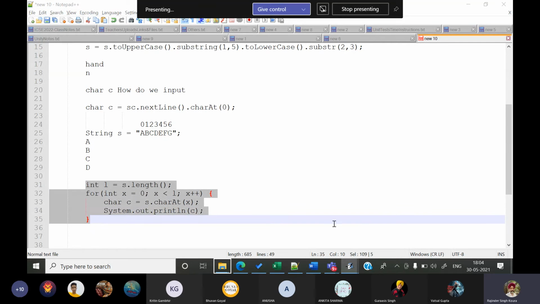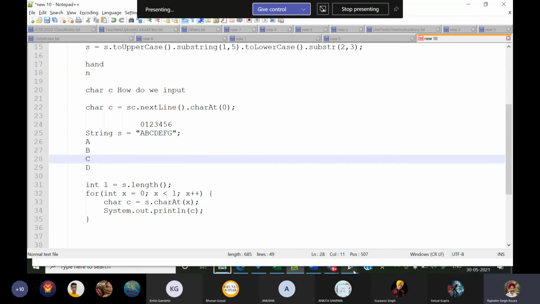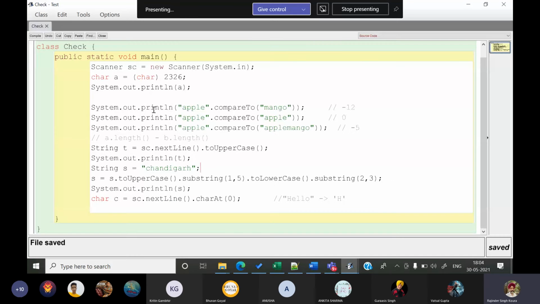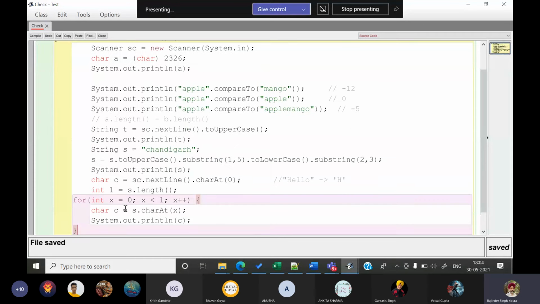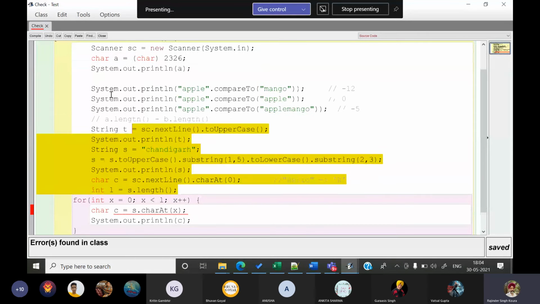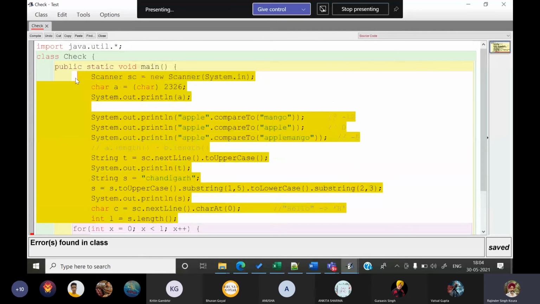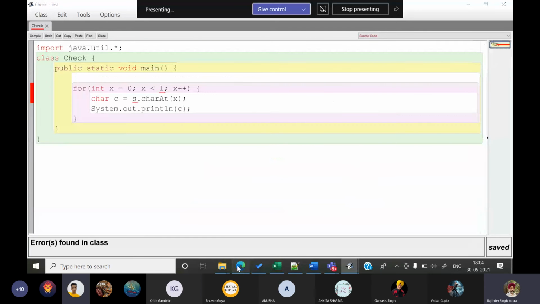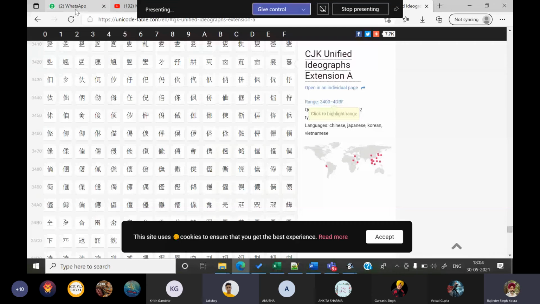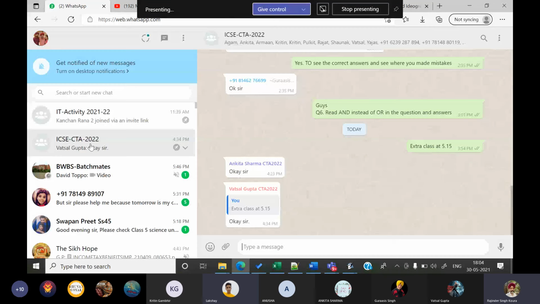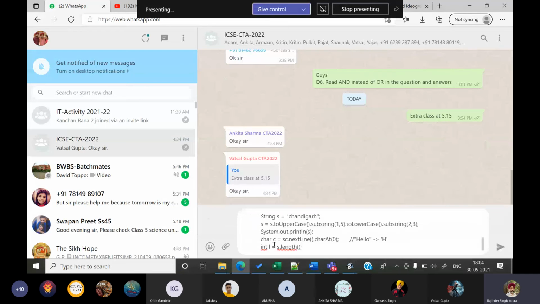So एक काम करते हैं, इसको run करके देखते हैं कि क्या करता है. So I'll remove. What I'll do is, sir, for examination point of view, we have to store it in a variable. Yes, for the examination point of view, yes.